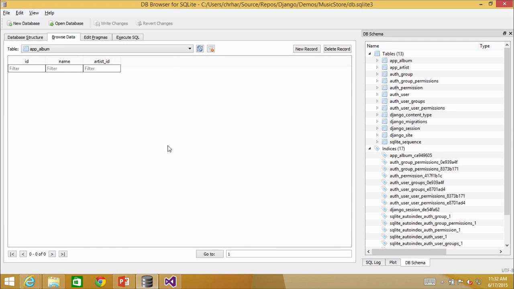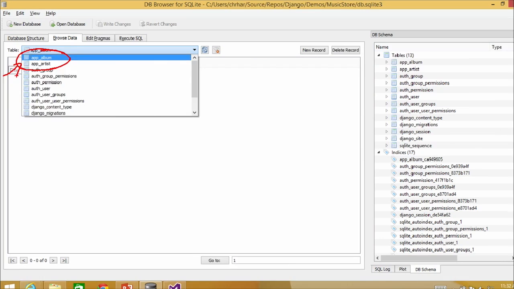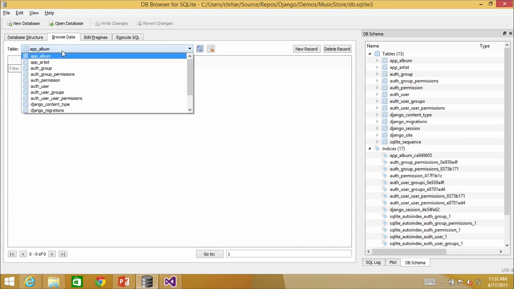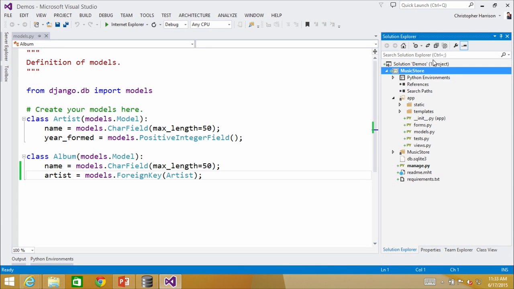So I went ahead in the background and created that same exact very complex structure that you created. And I've now opened up the database. What you'll notice is that I've got my app album and app artist. Those are the 2 tables in question here. If I go to app album and hit refresh, right now I have no data. So if I go to Visual Studio here,